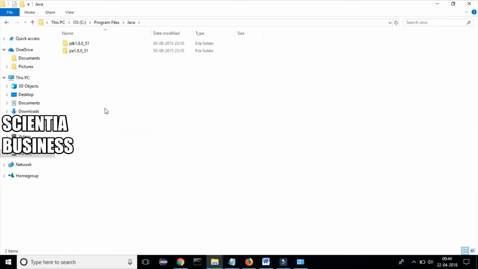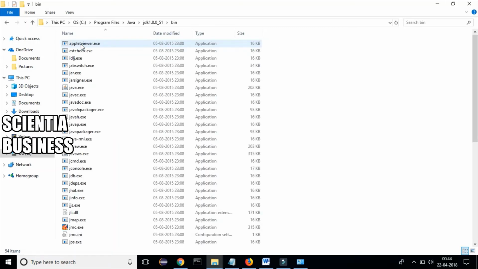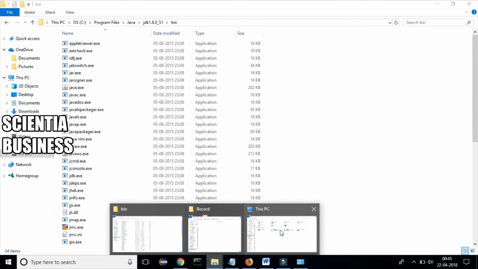In this Java folder, inside the JDK folder, you can see there is a bin folder, right? So just go to this bin folder path and copy it, and this path needs to be pasted like this.